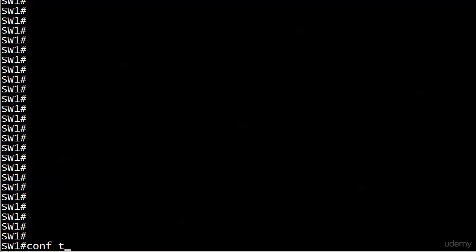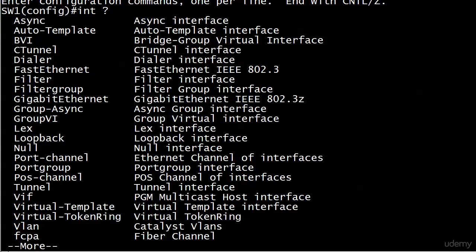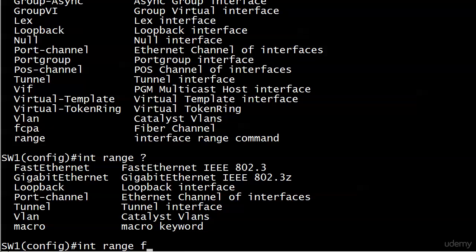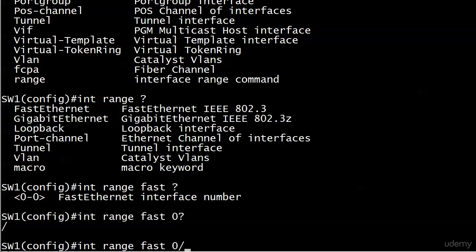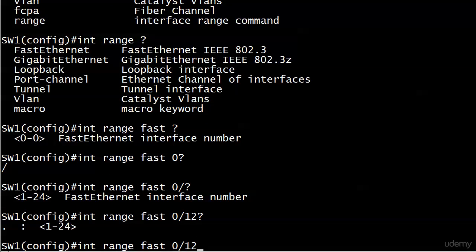It takes a little getting used to, but not a whole lot. And with interface, we see all of these interface types, and down here at the very bottom, we see range. So it's telling us about all the different kinds of interfaces we could have, and then, oh yeah, range. So it's just interface range. Then it's going to give you your little list here, and we'll go with that. Then I'm going to use IOS help to illustrate each one, and here I'm going to go with 12 to start my range, and then I can go through, hopefully,